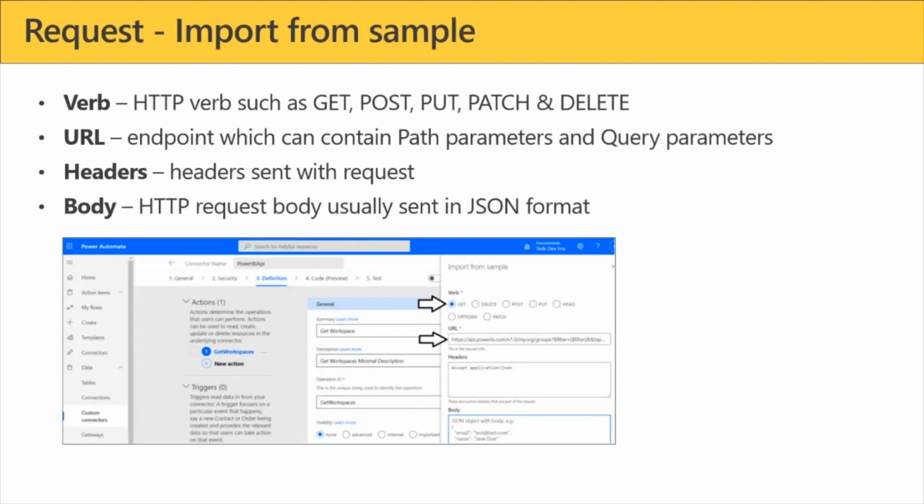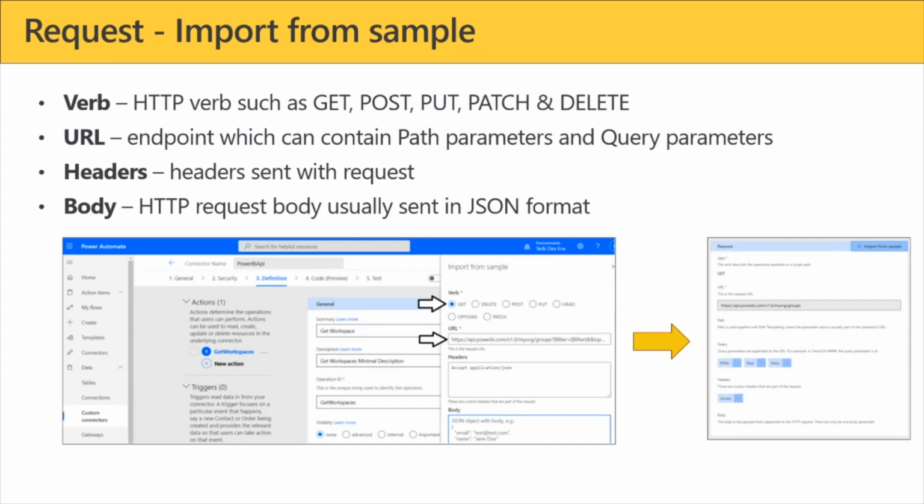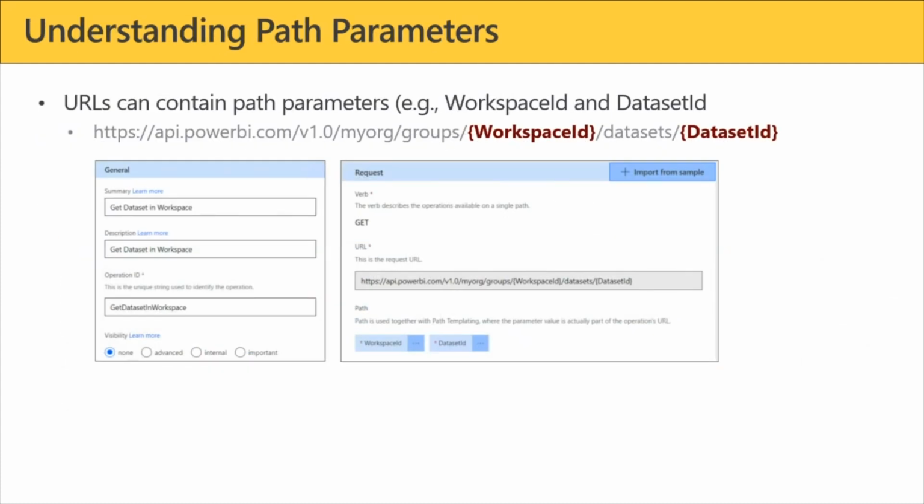And you kind of saw my first example, where I was able to go through and create this new action, and define what the request looks like. Now, note that in the example I did not include path parameters. But let's say I wanted to call get datasets in workspace. Well, then the URL has both the workspace ID and the dataset ID. And as you create those, you're able to add parameters in the path. The idea is to put curly braces around them.